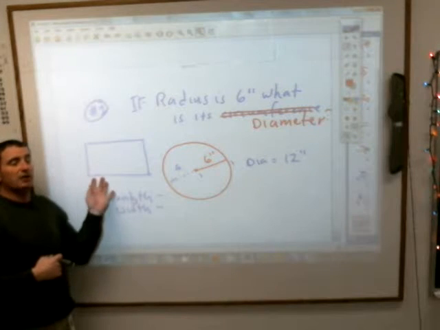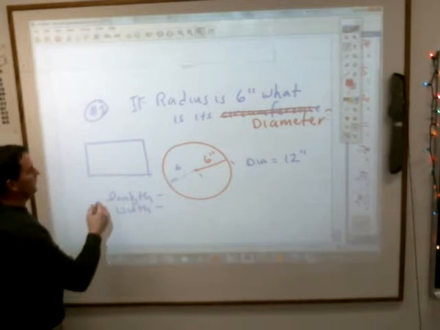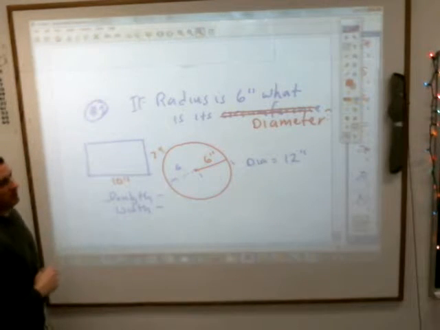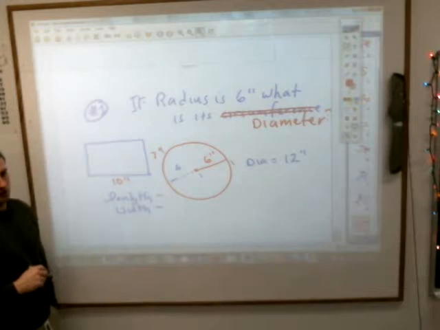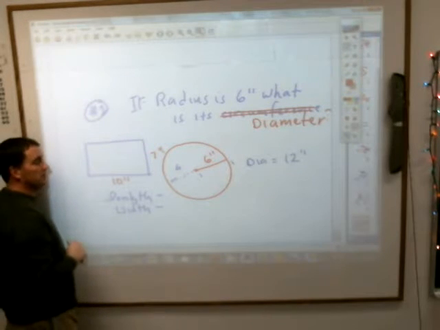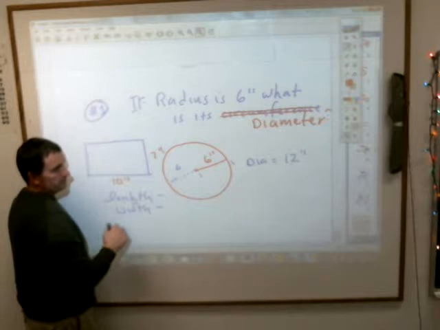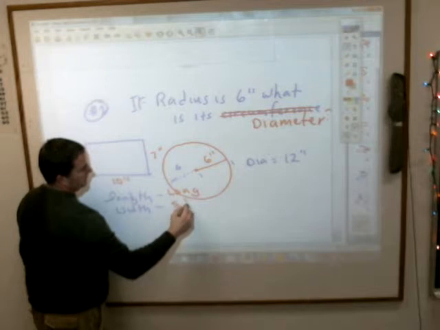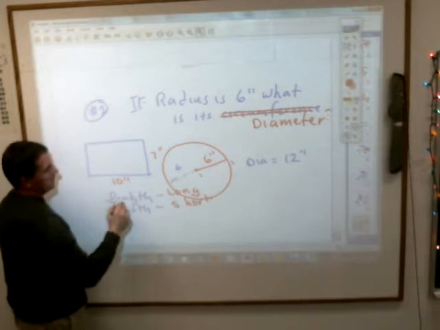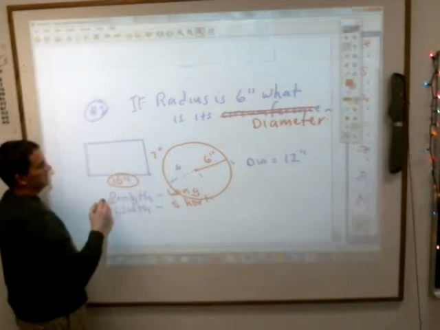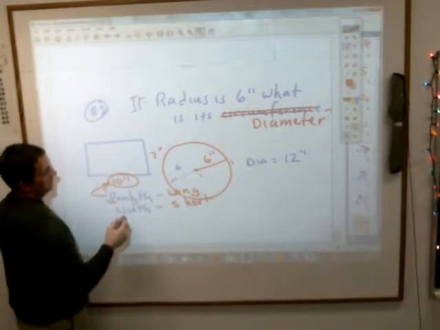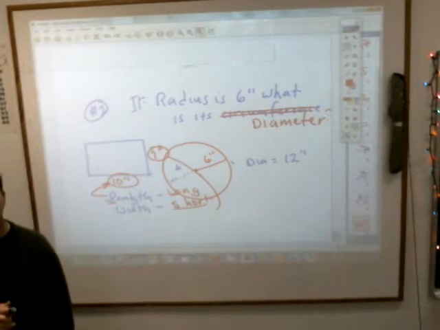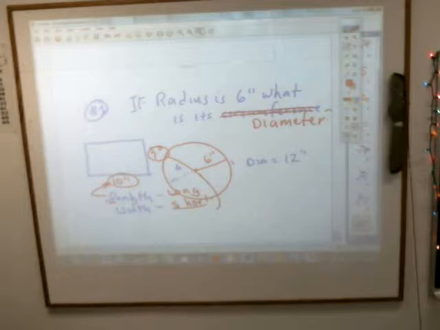If you have a rectangle, how do you know which one is the length, which one is the width? If this is 10 inches and this is 7 inches, it's very important that you understand the difference between the length and the width. The width is, Brooke, well, the length is the long side and the width is the smaller side. Exactly. Just remember, length starts with L, it's the longer side. 10 inches would be the length. The short side, 7 inches, is the width. Okay, so when they ask you those sorts of questions,